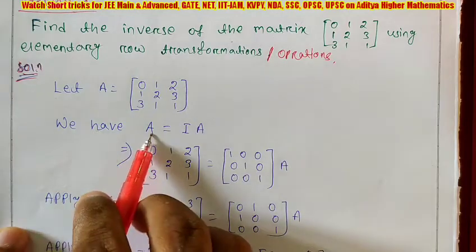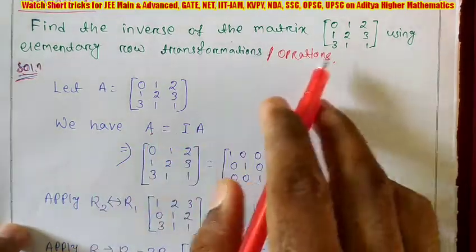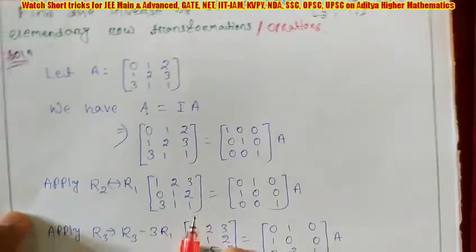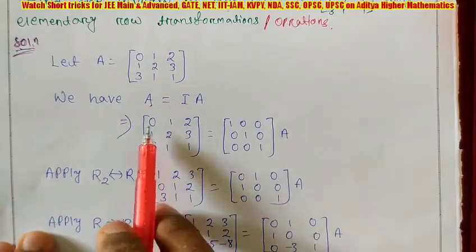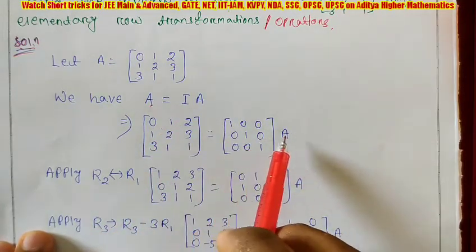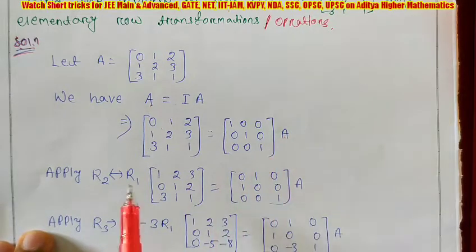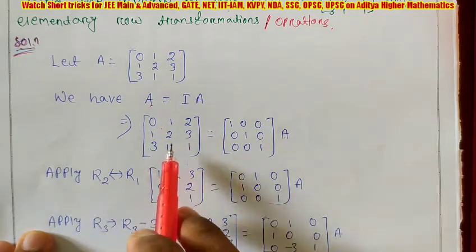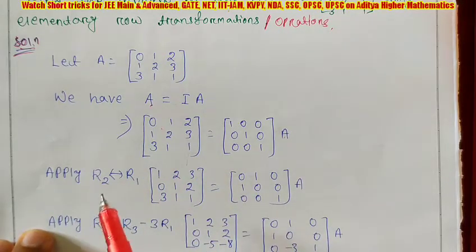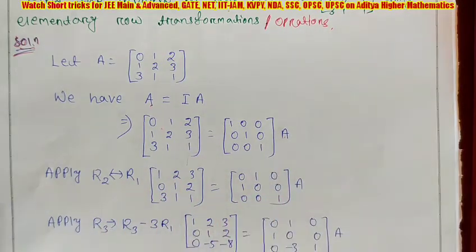First you have to write A equals IA. Take the matrix given as A, then write A = IA. The process is that on the left side you put the value of A, but on the right side you put only the value of I, not the value of A. Understood? When you apply elementary row operations, you have to convert the left side matrix A into the identity matrix I. Then the I matrix on the right will be converted into another matrix, and that matrix is the inverse. Understood? This is the method.